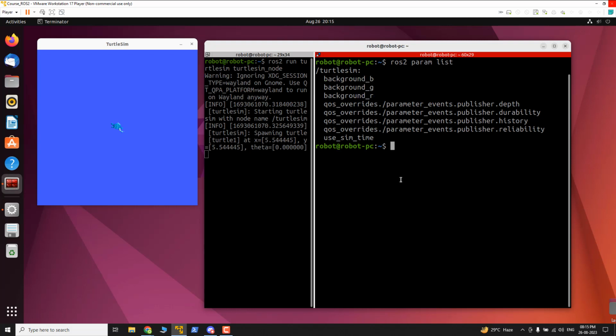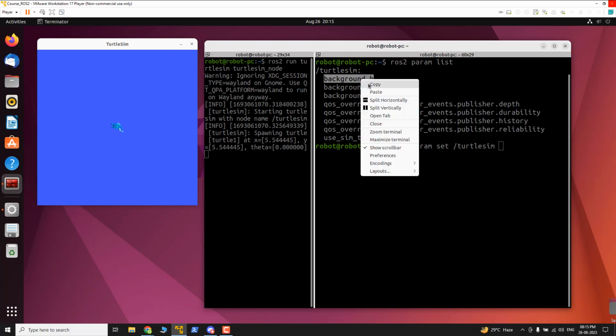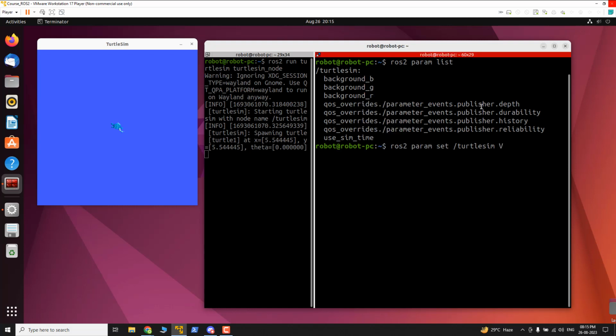So we can set the parameters like ros2 param set, then turtlesim, then the parameter name